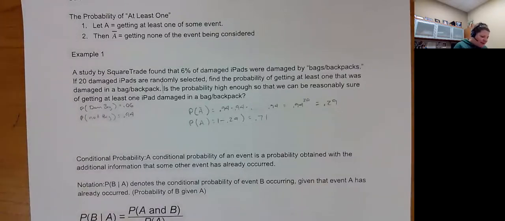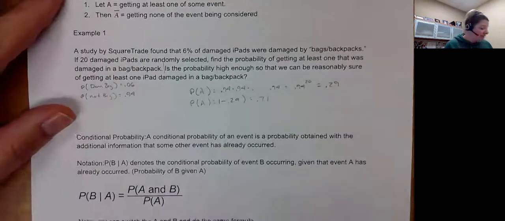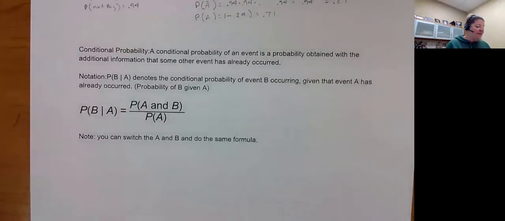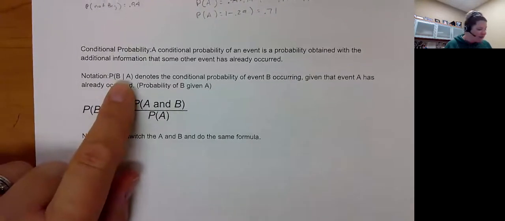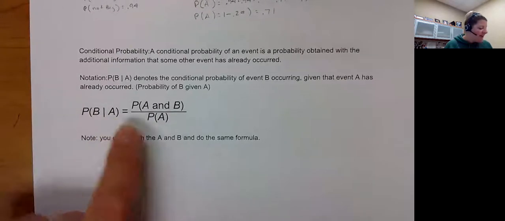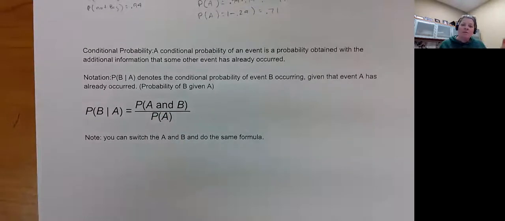Okay, so that is our first idea for this section, at least one, using a complement. The next idea is a conditional probability, like, what's the probability of it raining today given it rained yesterday? So that idea of given is denoted with the line in between. For this one, they gave B given A, and the way that you do the probability is you do the probability of and, those two together, where are they both,